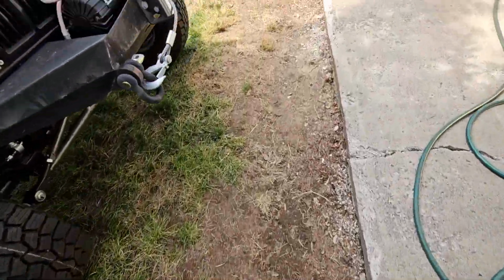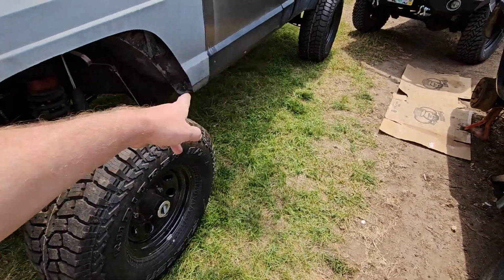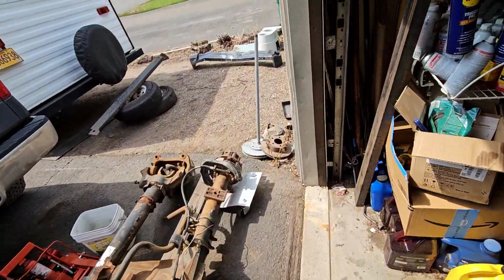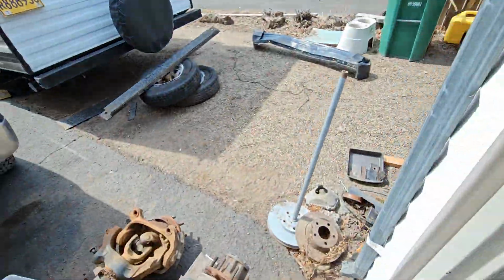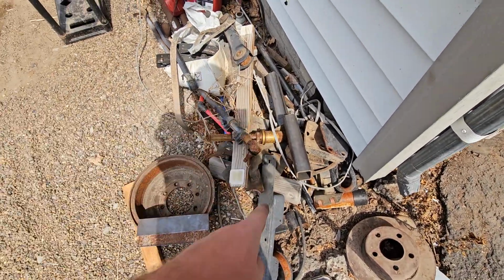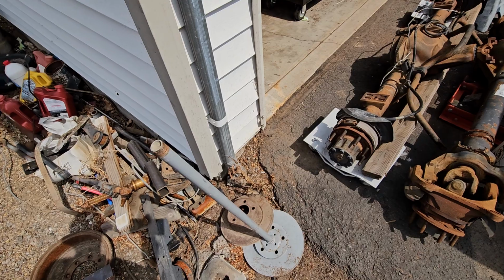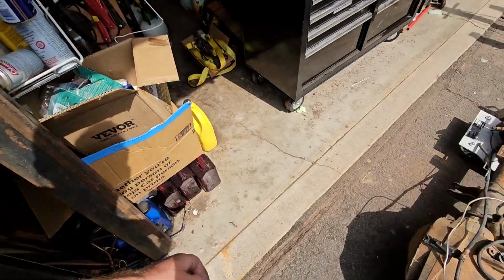And then I'll probably even look at building some rock slider steps for this thing, because out of the stuff I have, I do have some square tubing back up in the corner right there that I think is the same size and thickness as these two pieces. There's one there and one right there left over from the trailer, and I walked over there and stuck them up against the frame, and they stick out just enough that I could weld a piece on the end. So we'll have to find something to use,